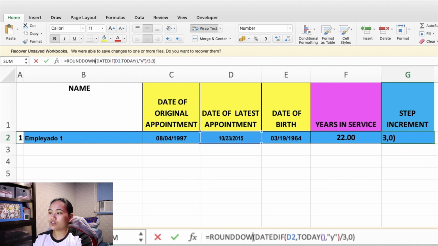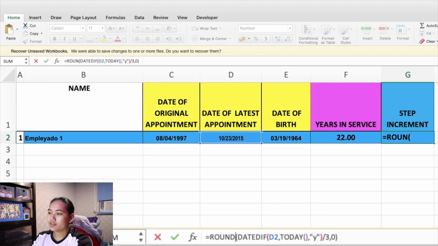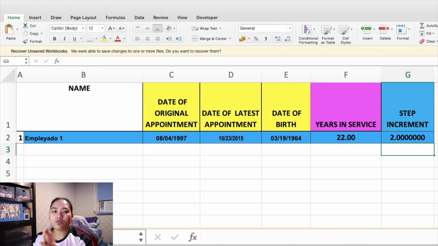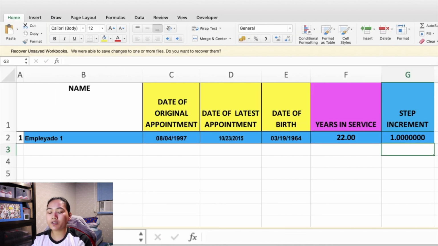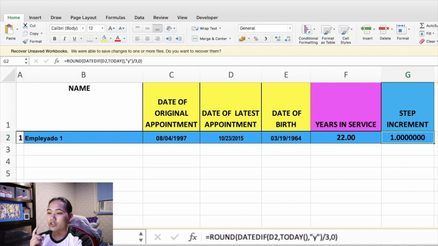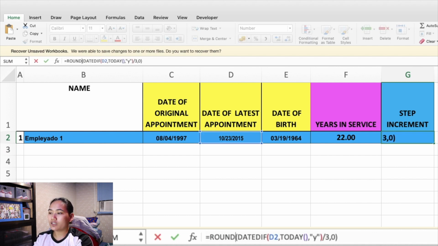Because if we don't use round down, if we use round up, it will show us 2, because 4 divided by 3 is 1.33, it will automatically assign the value of 2 and round it up. But if we use round, it will show us 1, because as per the rounding rules, 1.33 should be rounded down to 1. But we are not going to use that for this specific sheet, because we want it to